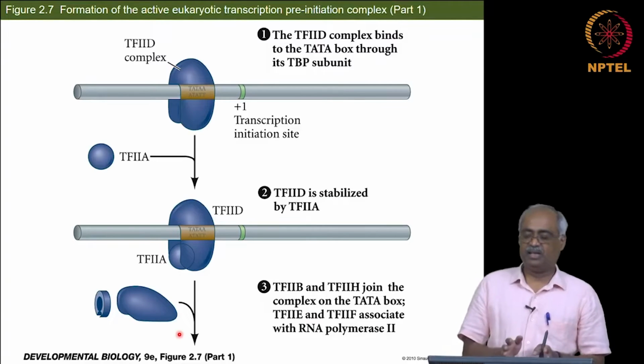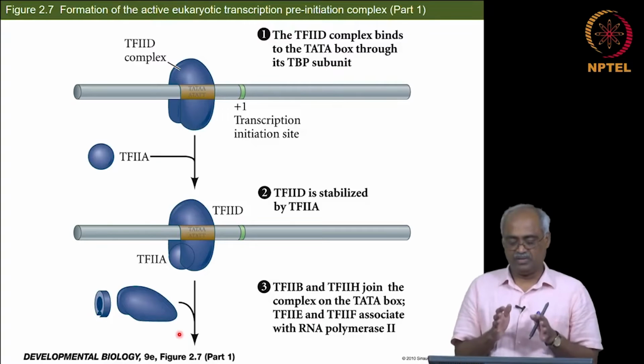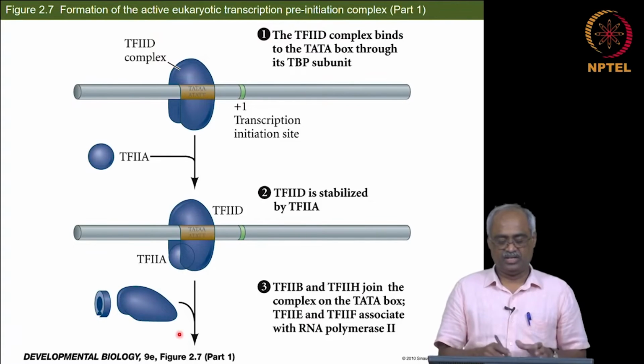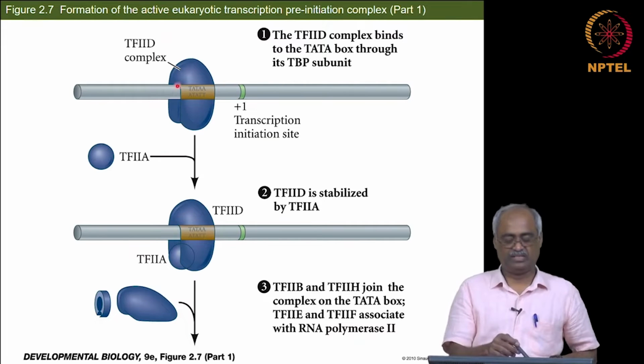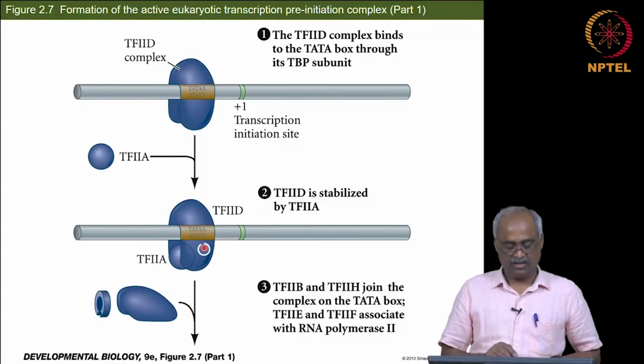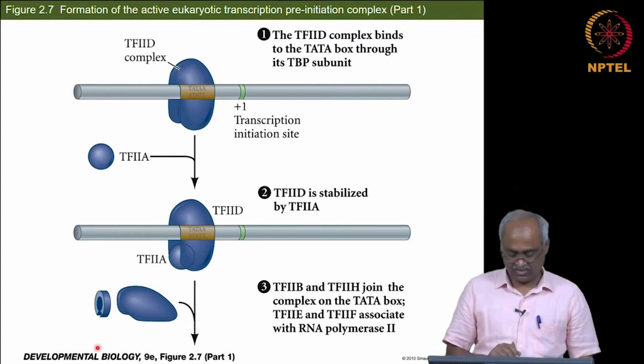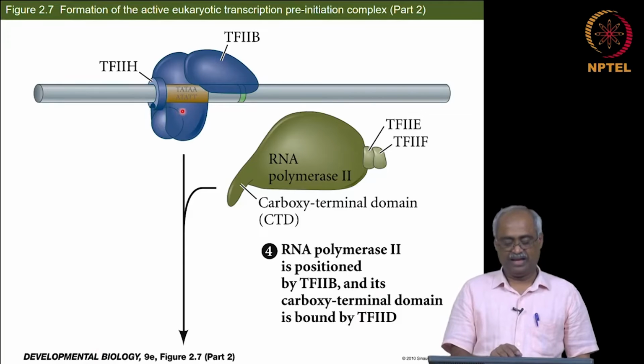So, the initial assembly and recruiting the RNA polymerase to the promoter is what you call as transcription initiation. So, here you have TFIID, transcription factor 2D. So, that has to first bind, it binds to the TATA box, then recruits 2A, and then you have B and H. So, these clamp like structures they add, and then only you have Pol 2 recruited,